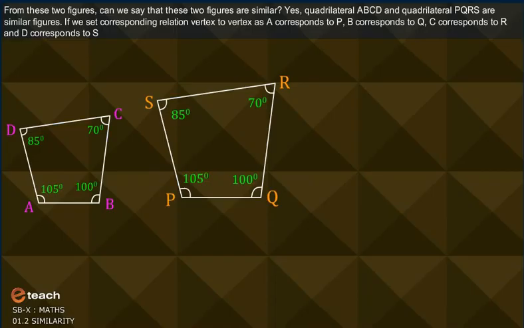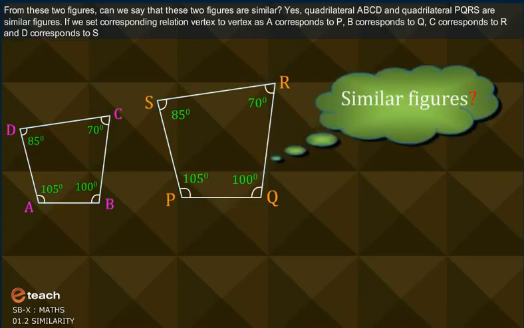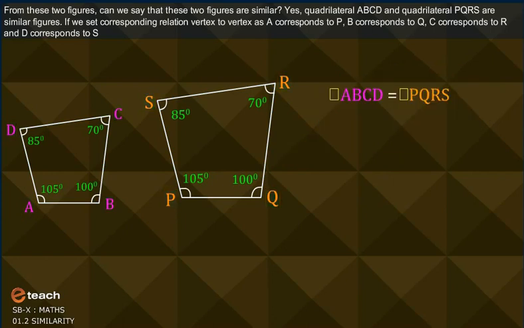From these two figures, can we say that these two figures are similar? Yes, quadrilateral ABCD and quadrilateral PQRS are similar figures. If we set corresponding relation vertex to vertex as A corresponds to P, B corresponds to Q, C corresponds to R, and D corresponds to S,